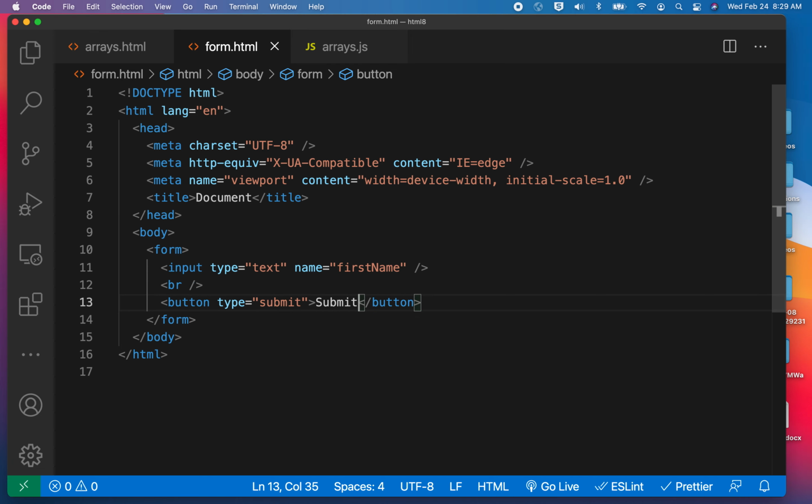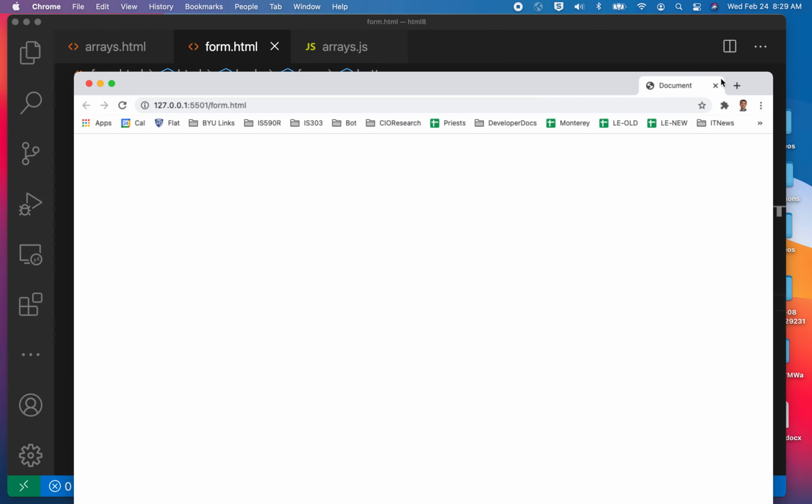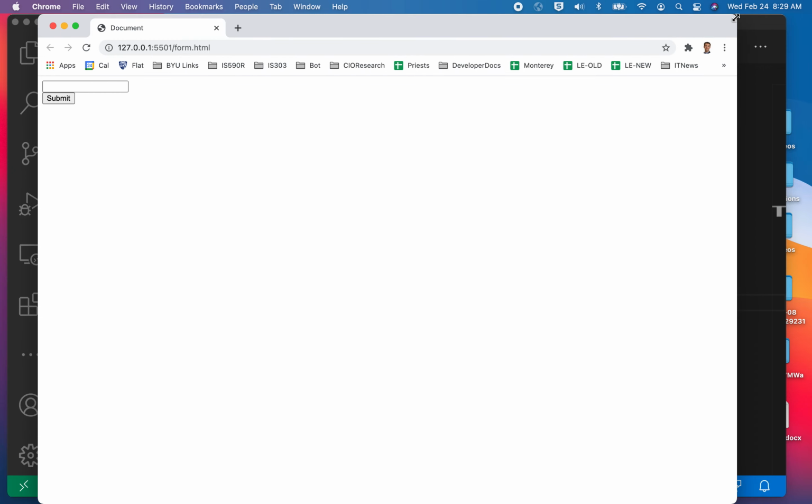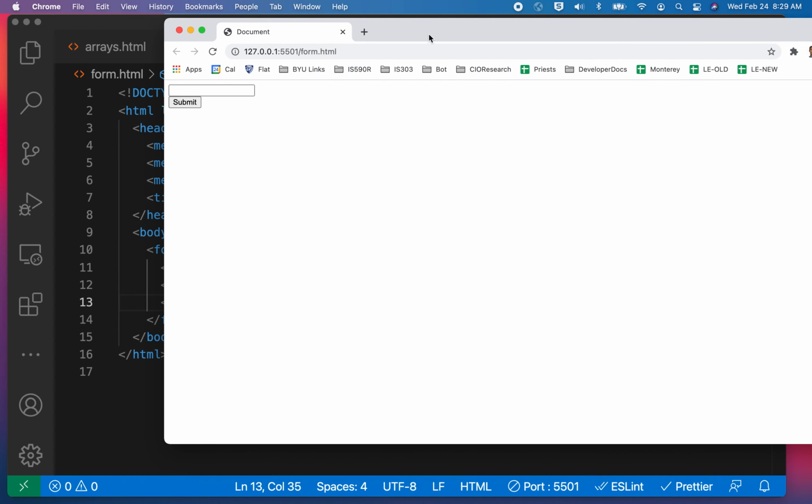So I'll hit save, and then I'm going to use my live server extension. So here we go, launching a web page. It will show up in another window, and here it is. And it's showing me a little local IP address for my local computer, the name of the page, and if I enter in some information here,